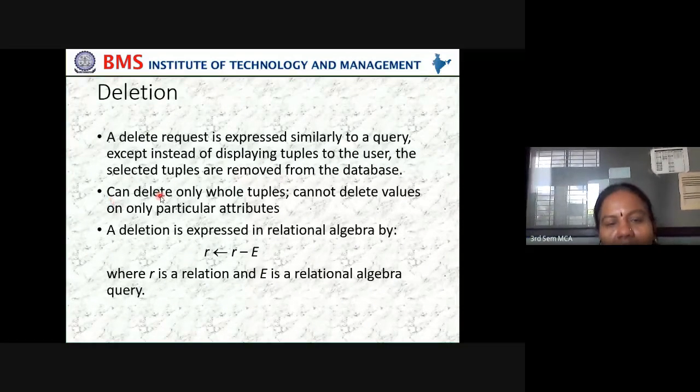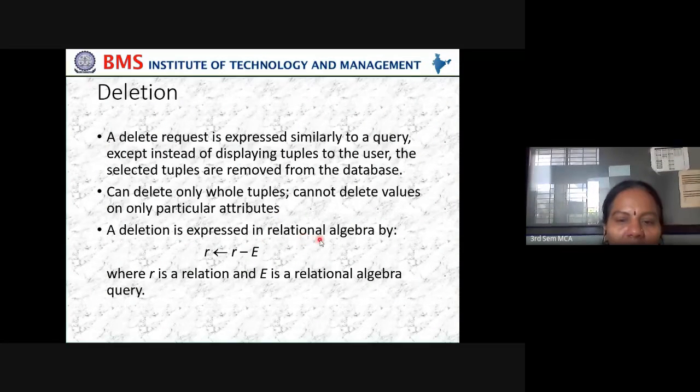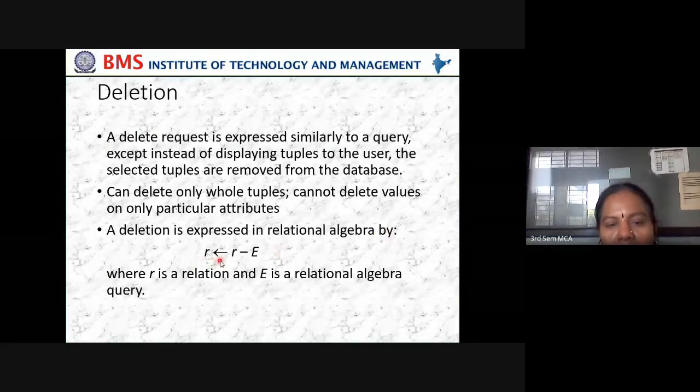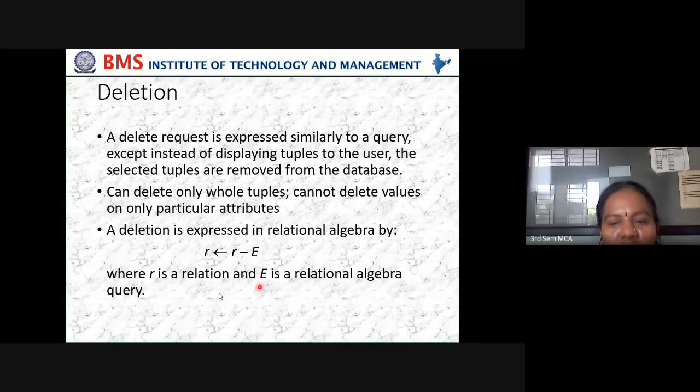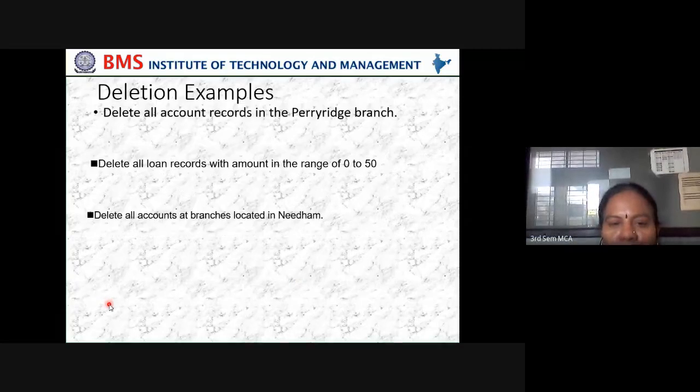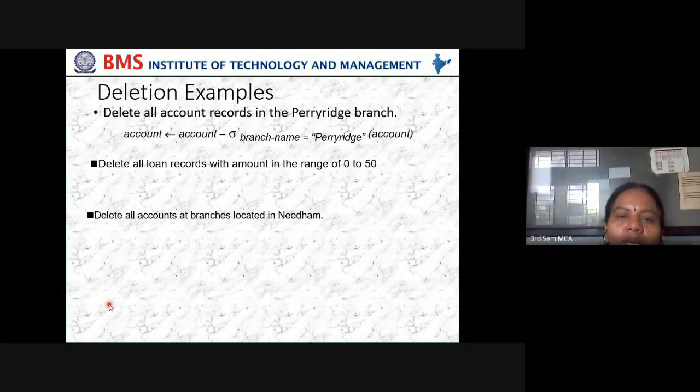We can delete only whole tuples, not values on particular attributes. A deletion is expressed in relational algebra by R minus E, where R is a relation and E is a relational algebra query.